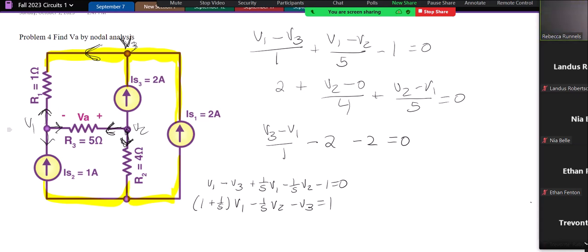I do have my notes right here, so hopefully, usually with these I make so many mistakes because there's so much adding and subtracting and so forth, but I'll try to keep an eye on what I've already done. So I'll multiply this top one through by 5, and when I do that, I get, and if y'all see me make a mistake, please holler out. So 5v1 minus 5v3 plus v1 minus v2 minus 5 equals 0. And now if I combine like terms on that, I get 6v1